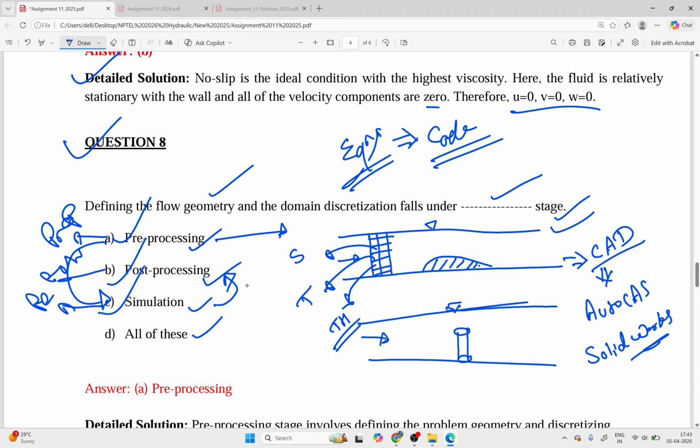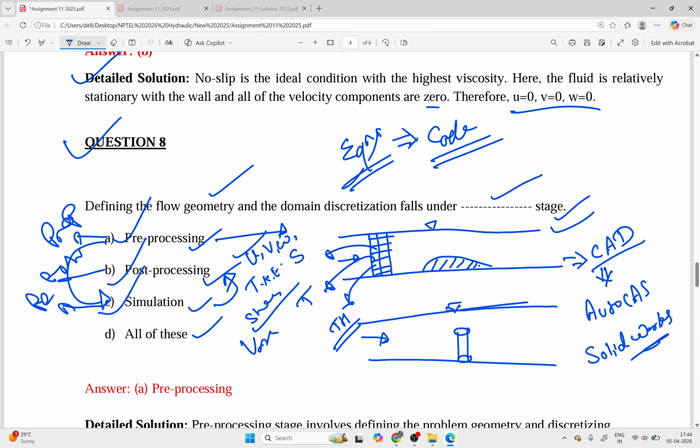In the result you will see what kind of parameters. Velocity you can see in all three directions, u, v, w. You can also see the turbulence kinetic energy, the shear stress, the dissipation. A lot of things are there. You can also see the vorticity. Whatever you have learned in the last weeks, vorticity also you have learned, velocity and shear velocity also. Everything you can see. That is definitely a very fascinating thing, the CFD.